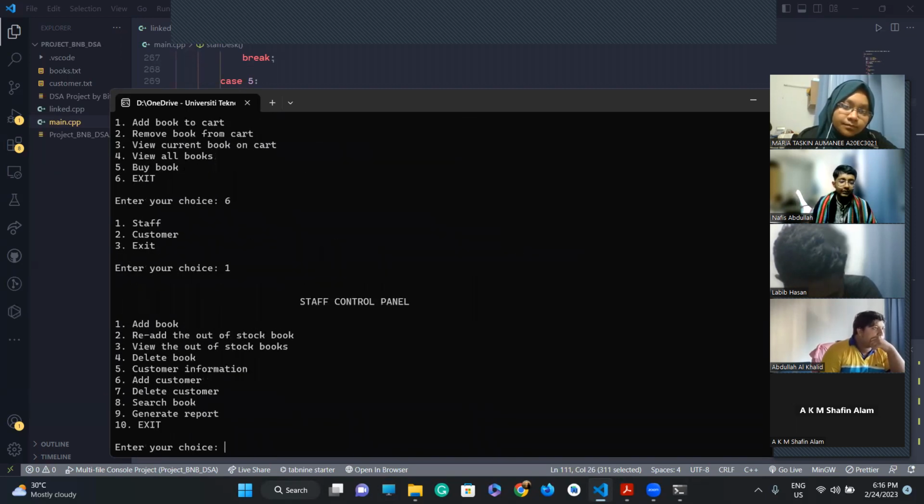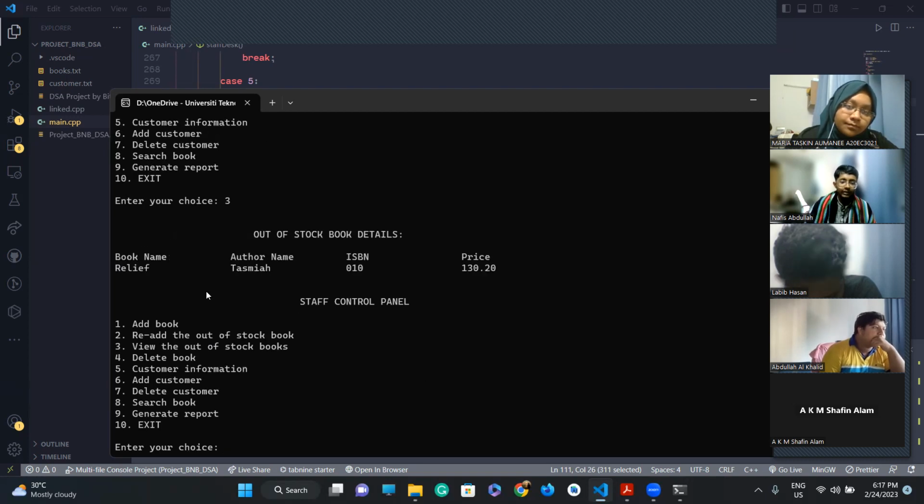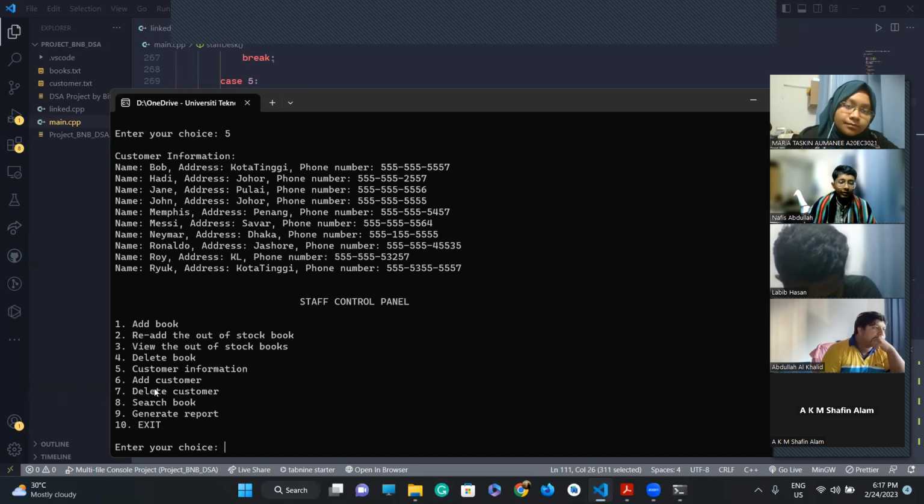Now we are going to the staff control panel. In the staff control panel, if we want to add a new book, we can add it. We can re-add an out of stock book and view the out of stock books. I'm just viewing the out of stock books, since the customer has bought that book, so it is out of stock now. And next, we can view all the customer information here. We can add or delete customers. So just to show,